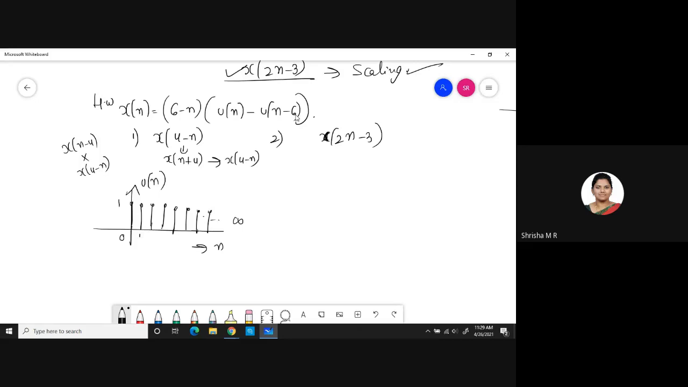It will go on: 1, 2, 3, 4, 5, 6, 7, up to infinity, with amplitude 1. Then you have u of n minus 6. U of n minus 6 means the signal will start from